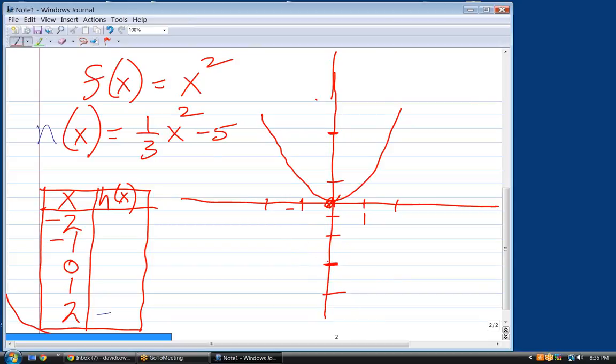Yeah. I can move it down by 5. Let's do it in 2 steps. And then make it flatter by a factor of 1/3. I'm not even sure if that's the correct terminology. Make it flatter maybe by a factor of 3. I don't think the terminology matters as much as what all that means is that